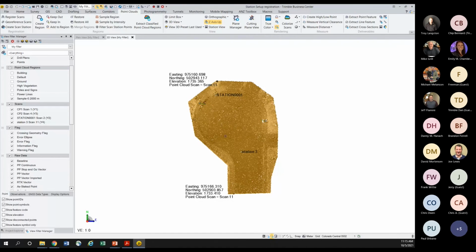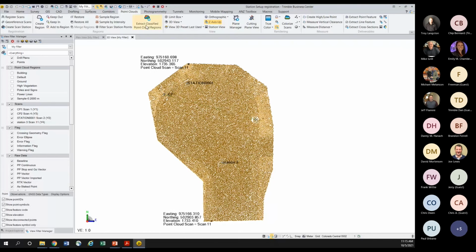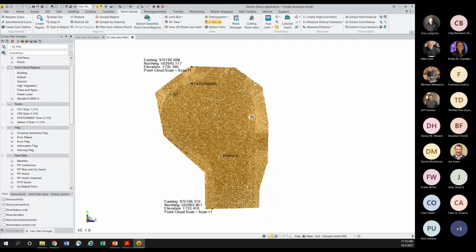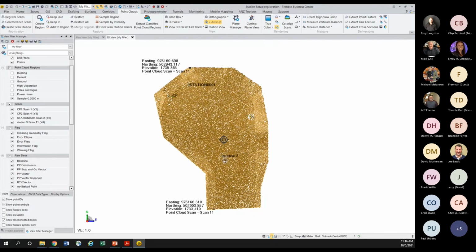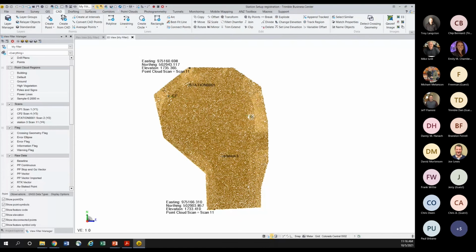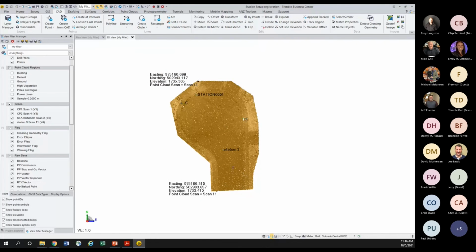So it's a nice tool that's associated with the Business Center scanning module. And it's a quick way to start working on your deliverables at this point in time. Now, one of the things we can do too, and I think Dan this afternoon is going to show this,